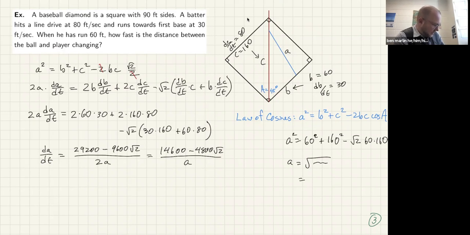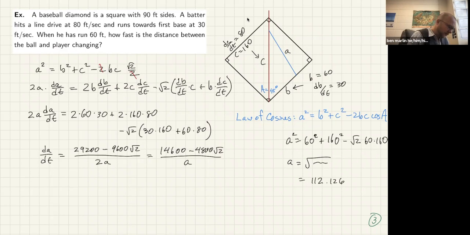Oops. Except you got to make sure not to hit minus when you mean plus. Minus 60 times 160 times square root. Oh, I forgot to do my square root. I'm getting 112.126 stuff